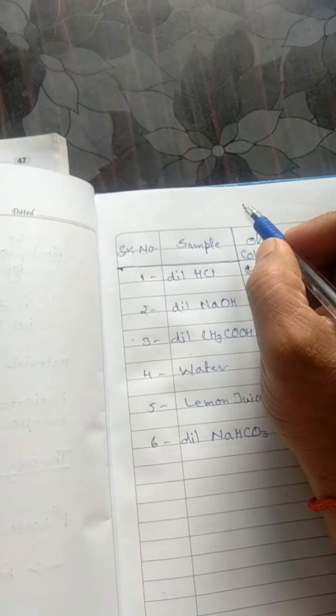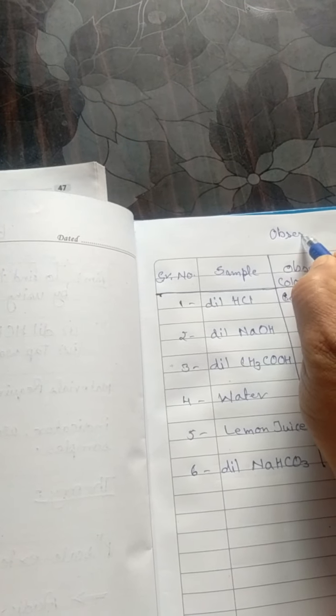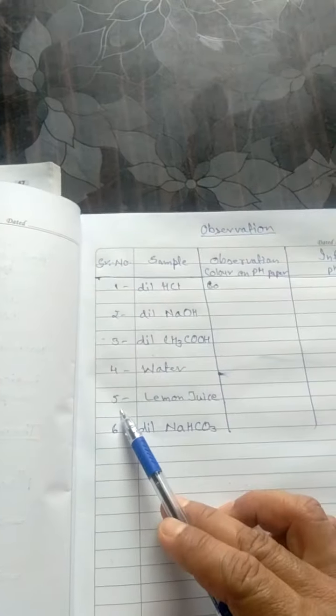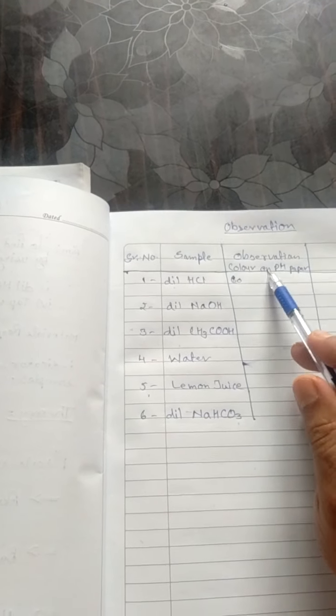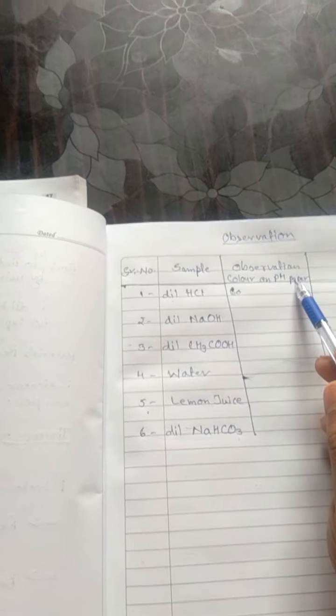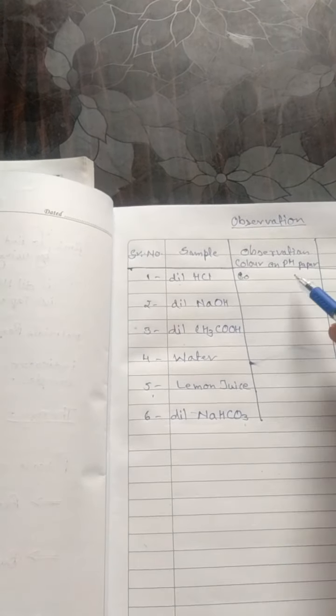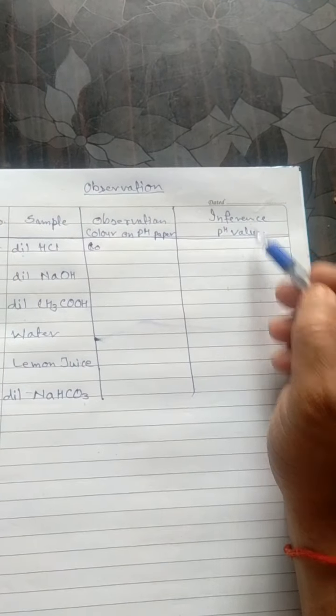Let us see how we will take our observation. Here the observation table is there, in which serial number, samples, what are the samples you have tested. After observation, the color on the pH paper or the universal indicator, what type of color you will observe. Inference: after the observation, what you have concluded should be mentioned in your inference column, in front of the particular